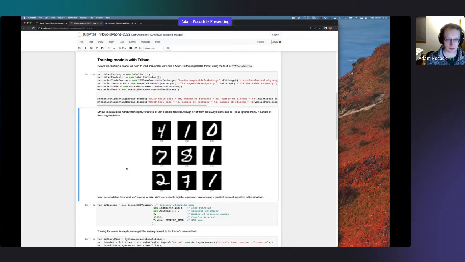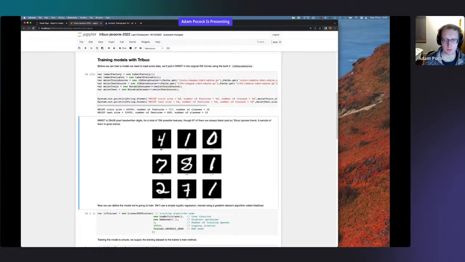So as I said, this MNIST data set is a data set of handwritten digits. So they were drawn by people. I think they're taken from the US Postal Service and zip codes. And we basically have black and white pixel intensities, and we have 60,000 of them, which you can see from the loaded data. It's a 28 by 28 grid, which is 784 possible features, but 67 of them are just completely black all of the time. They never actually have values in, so Tribuo just ignores them as part of the sparsity that we have. And there's 10 different classes for the 10 different digits.